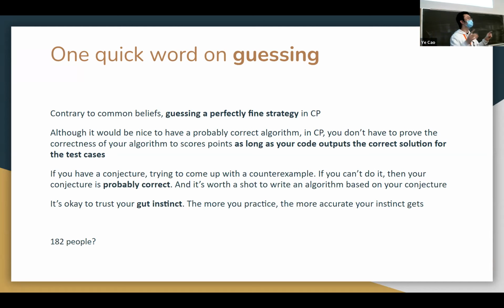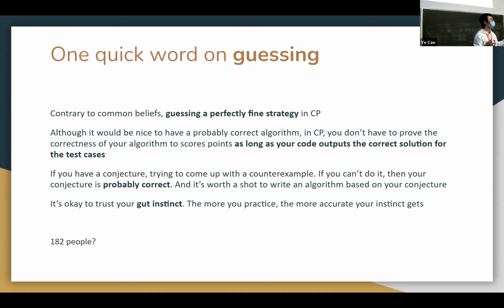Is anyone in this room taking 182? Comp 182? Okay. Do you remember in one of the previous homeworks, there's a problem asking you, okay, you have 2n numbers, and you want to pair them up to minimize the max sum, right? I was hosting 182 office hours last Friday, and a lot of students approached me and said, okay, Charlie, I do not know how to solve part B of the problem, which asks us to establish a mathematical result that helps me develop a linear time algorithm for this solution.